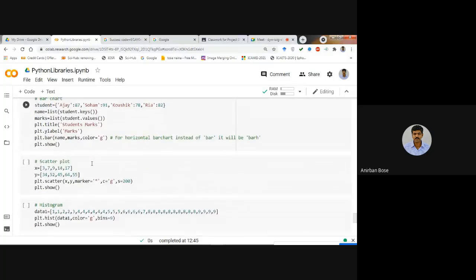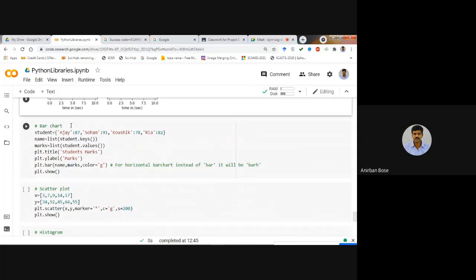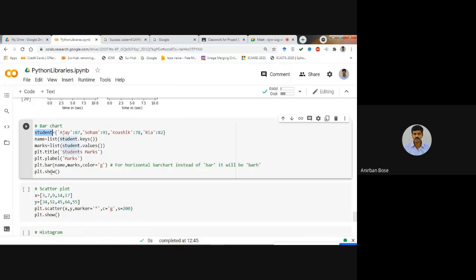Now coming to the bar chart. So you can make a bar chart in this way. Let us consider a student dictionary, where Ajoy is the key and the value is 87, and in a similar way you have defined this dictionary. Then the name you define as a list which takes the keys only, that means Ajoy, Shoham, Kaushik.